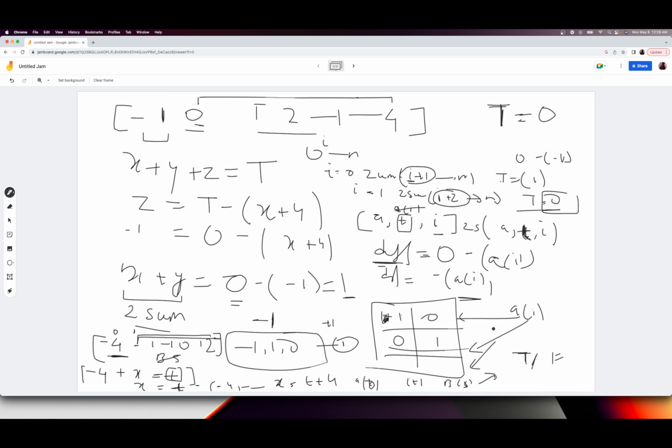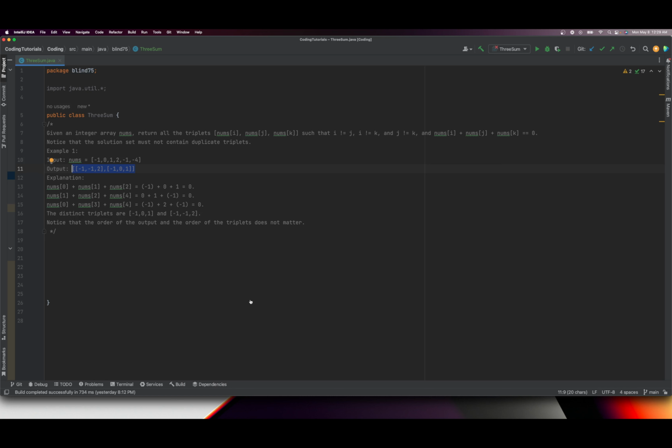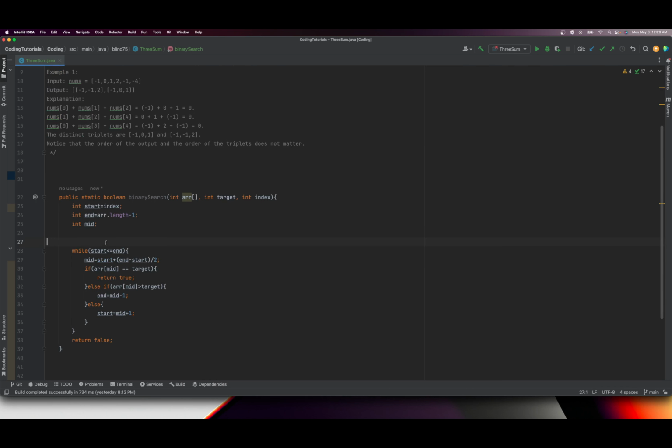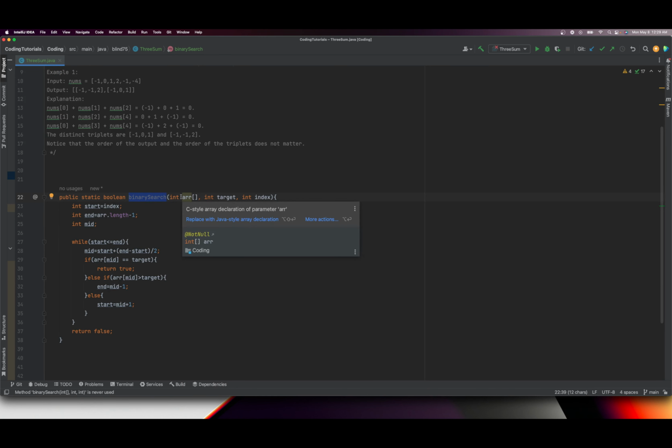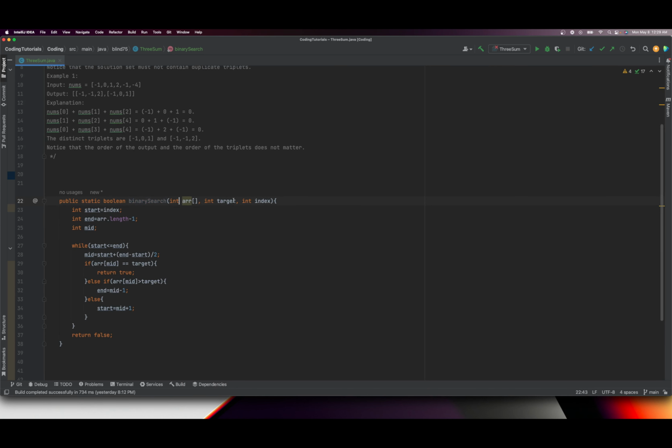So let's start. The first step is to put in binary search. Let me just copy paste the binary search code, because I know everybody already knows about binary search. The only thing I want to show is that this is binary search. In the binary search, initially we have array and target,